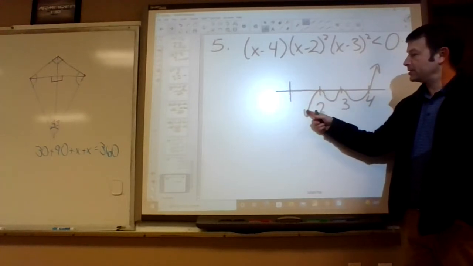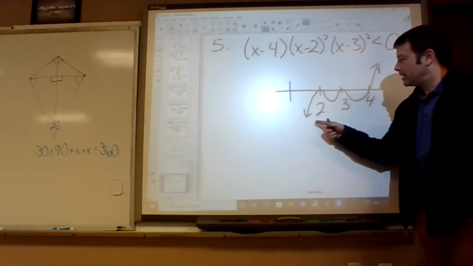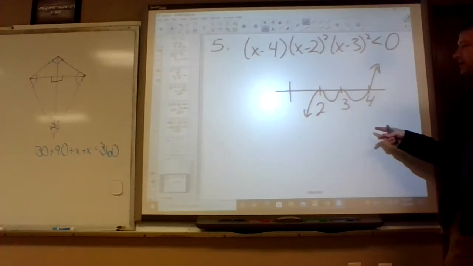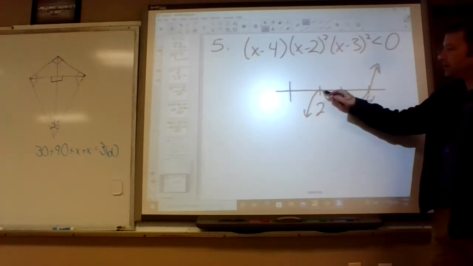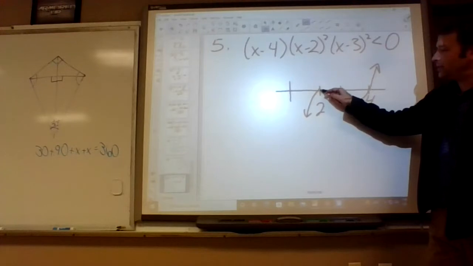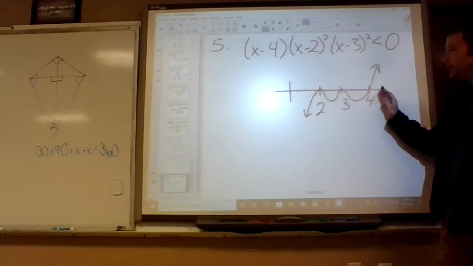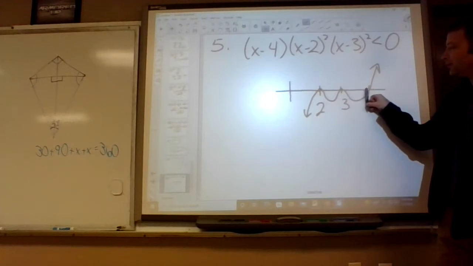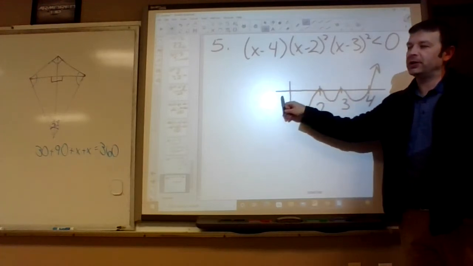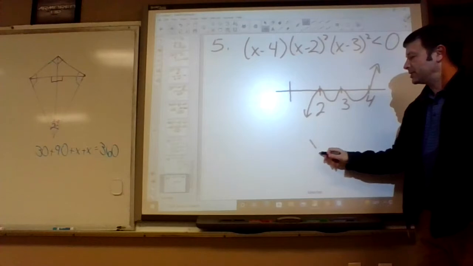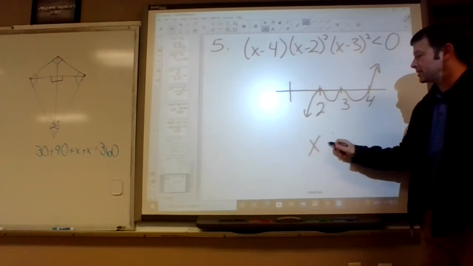Because everything over here is negative, right? There's an easier way of saying that. We need to factor. It's not negative right here because it actually equals 0. Basically, almost everything less than 4 is negative, almost. So here's the easiest way to say it: X is less than 4,